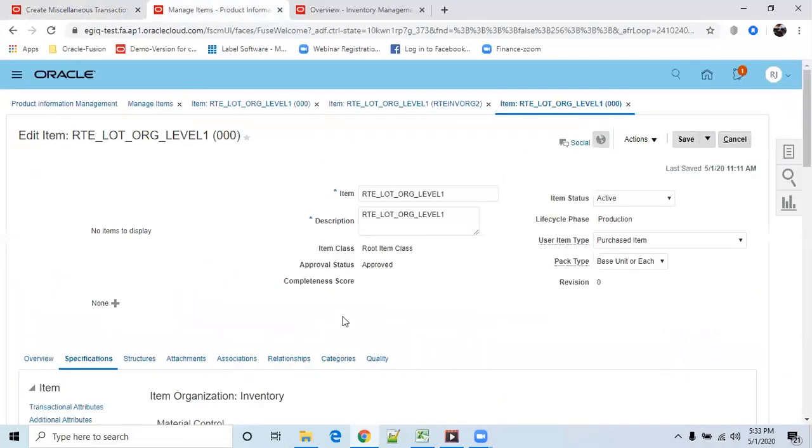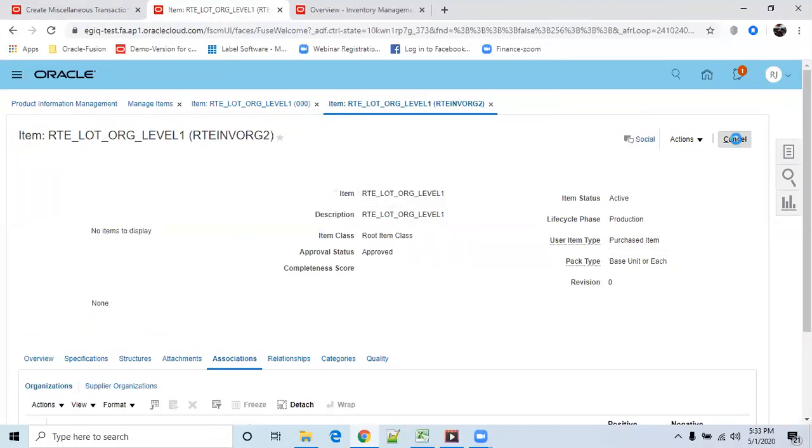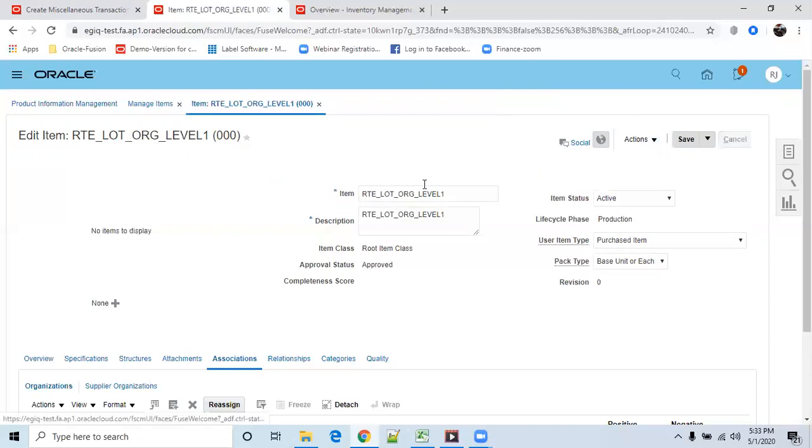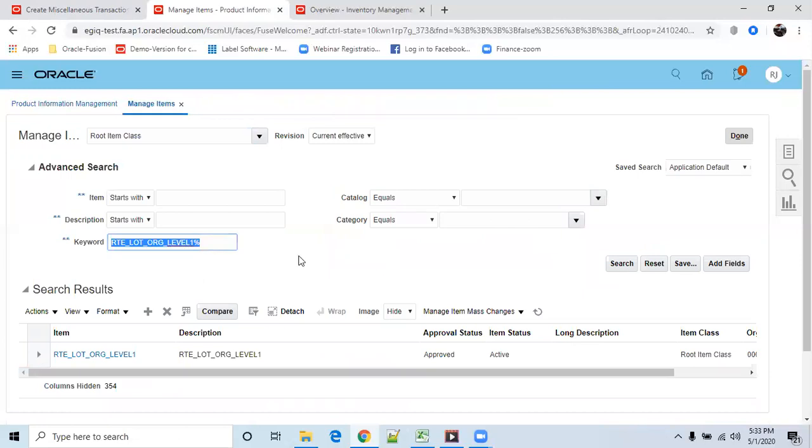We are in different items, sorry. This is not our item. This is also not our item. Our item is this one, right?